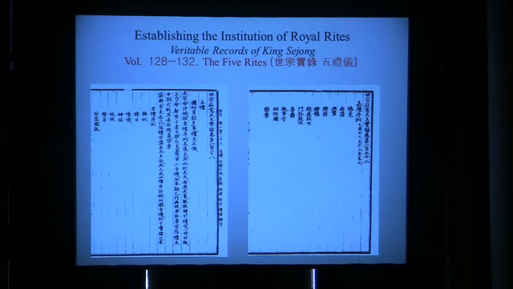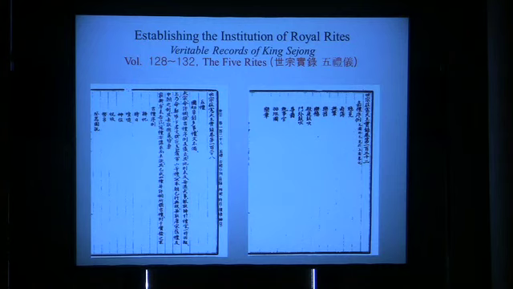Now, with the publication of the National Law Code in 1484 and the Book of the Five Rites of the Nation in 1474, the Joseon court firmly established the rules and the regulations for the management of state rites according to Neo-Confucian principles of government. However, before the two books were published,